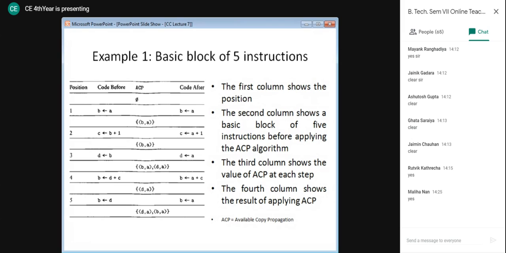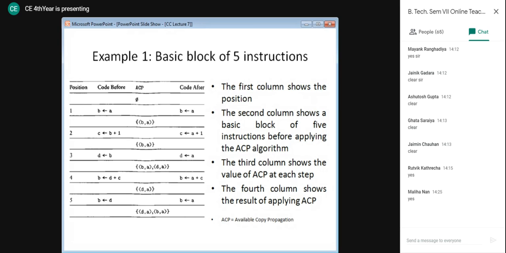So now what we need to do? What is the value of D? D is actually taking value of A. That is our copy propagation. Now that value again goes to B. So again we add the element B comma A into our ACP, and we assign A to B. So this will be our code after applying the available copy propagation algorithm. Are you all following this?